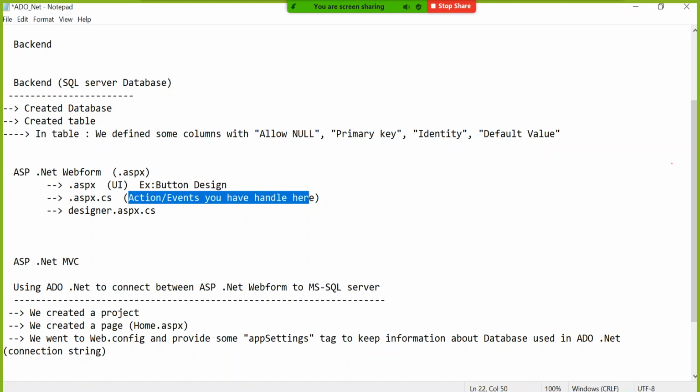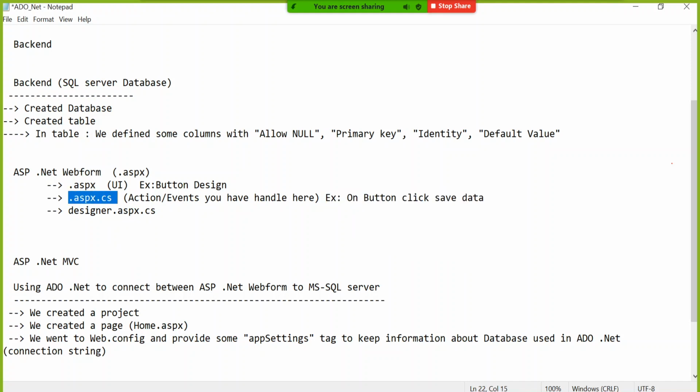All actions have to be defined here. Example, button click, save the data, or button click, fetch the data, and so on. On button click, save the data, that is one example of an activity written in this page. Always C#, that's why CS.